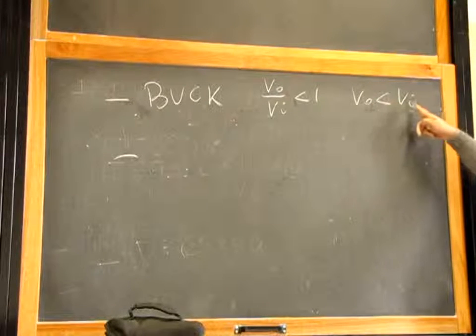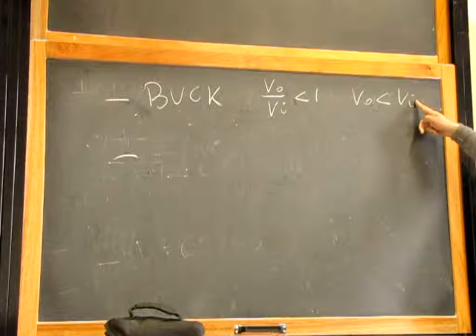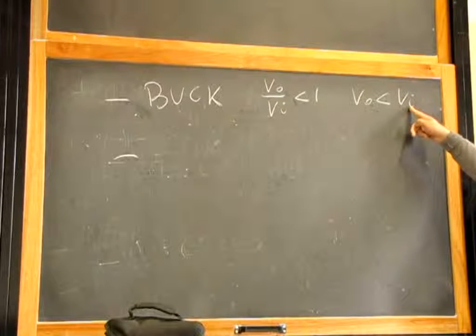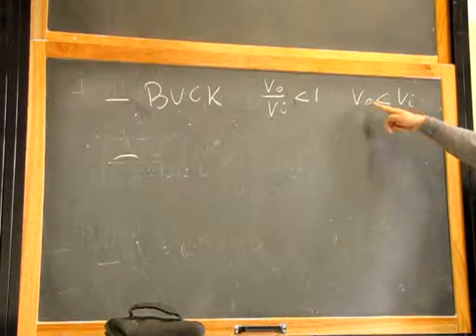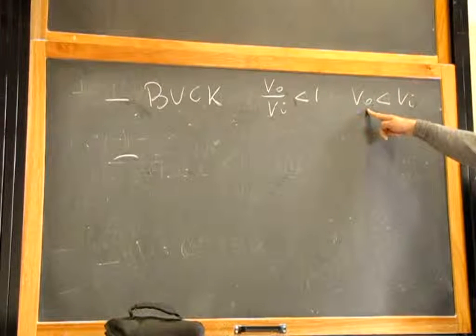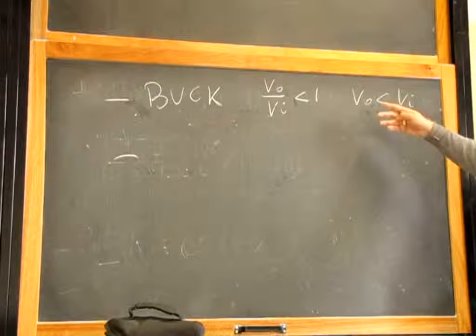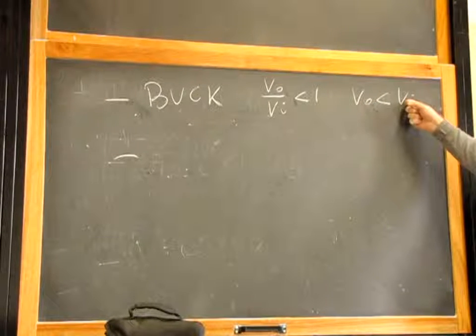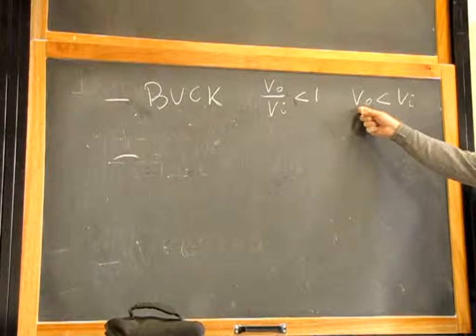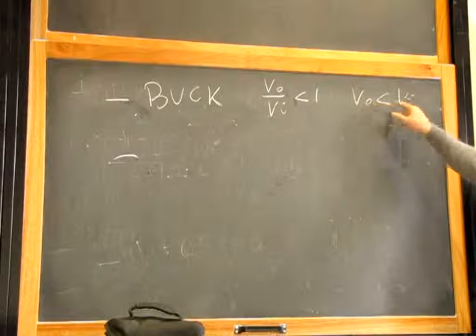But written like this, if the input voltage is negative 10 volts, what is a number that is lower, smaller than negative 10 volts? It will be more negative. Give me a number. So the answer: no, a buck converter cannot have negative 10 volts at the input and give you negative 15 volts at the output. But this is what this expression tells you.